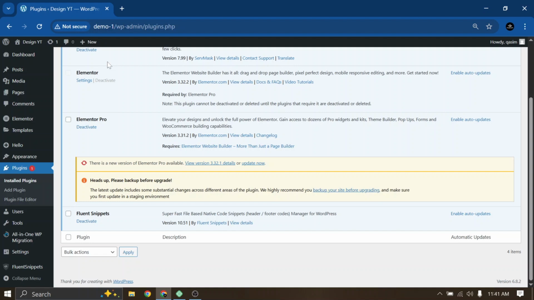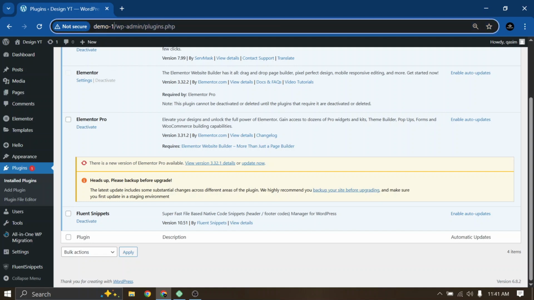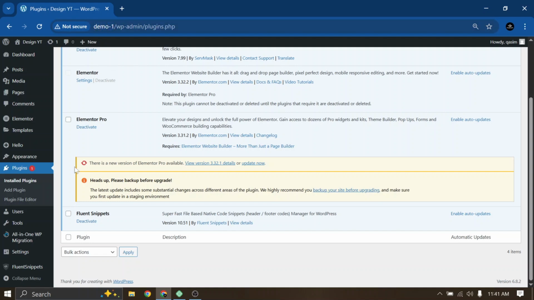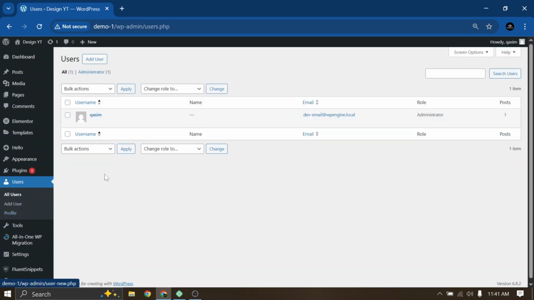Once the upload process is done, it will again ask you for the login. That time you need to add your site 1 username and password. Here I have the demo 1 site, and in the users you can see here is the username. Once the migration is done, I will use this username and the password to log in to that site.